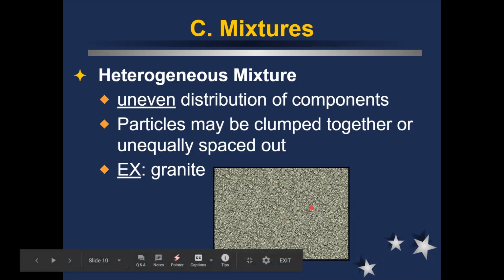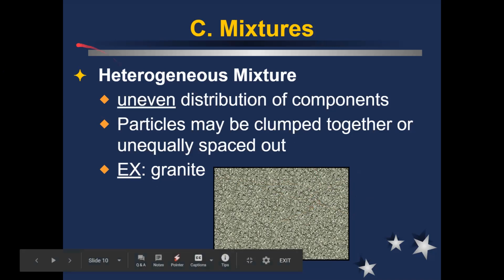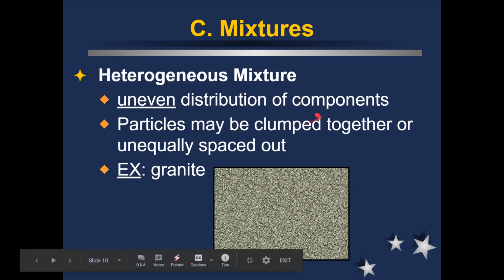All of the minerals that make up granite are not evenly distributed. They are unevenly mixed together. So that's why you see all these little patches of these black minerals, and then all these little spaces with the white minerals and the gray minerals. They're all unevenly just kind of scattered and mixed together. There's no uniformity. There's no total equalness between all the different minerals. They're all just kind of scattered and unevenly distributed.